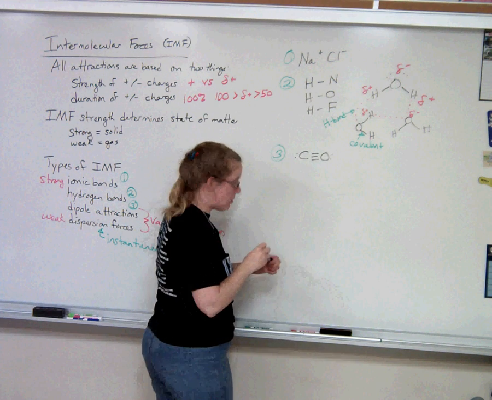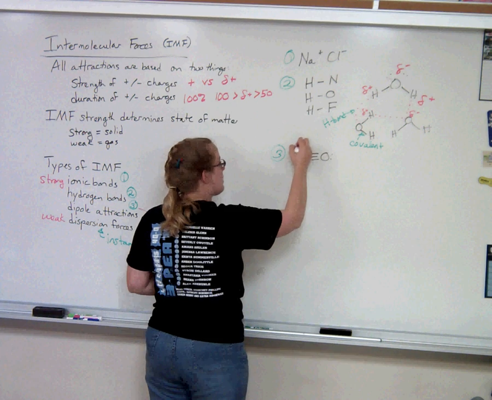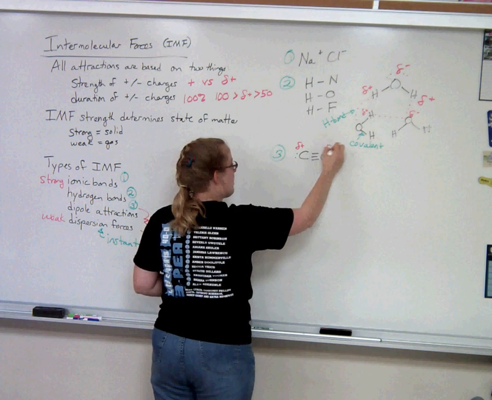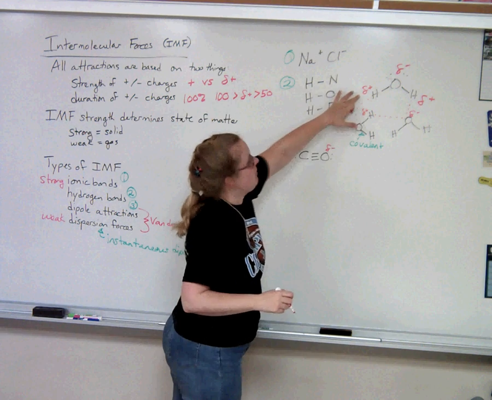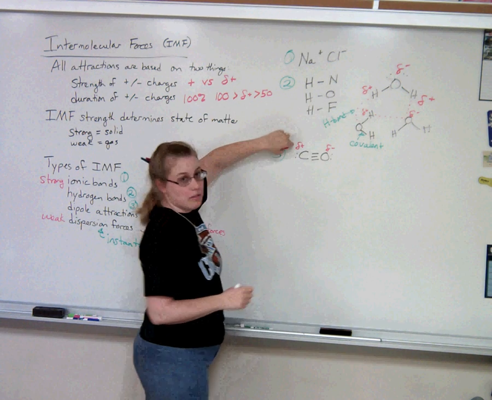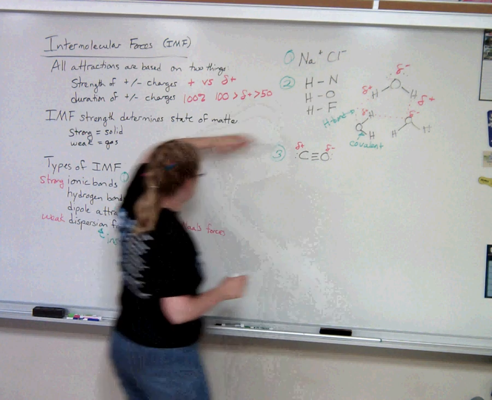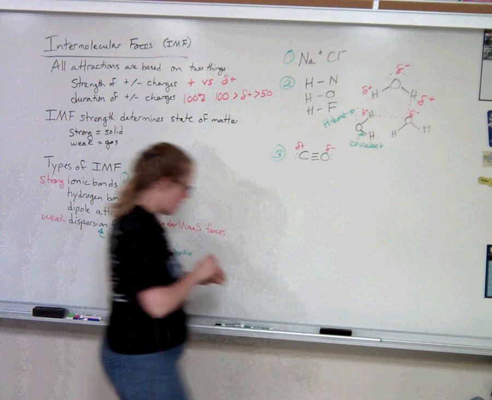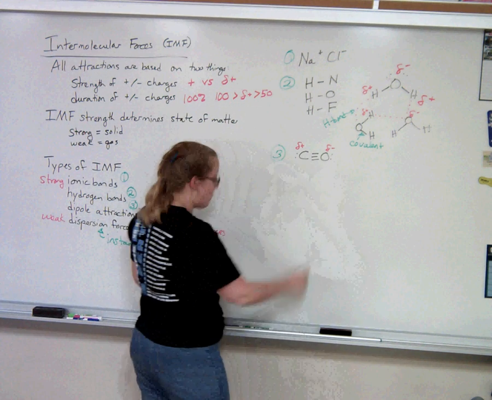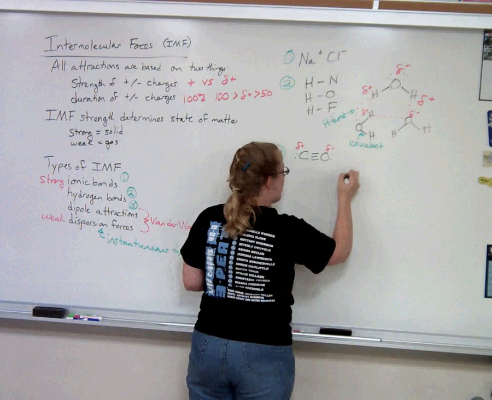We did this one in class, and we determined that carbon monoxide is a polar molecule. It's got a partially positive charge and a partially negative charge. It will not be quite this positive. It is more positive than this positive. So it's not quite as powerful as a hydrogen bond, which is why it's further on down our list of strength on the intermolecular force. But it is permanent. So we will have another carbon monoxide molecule here,